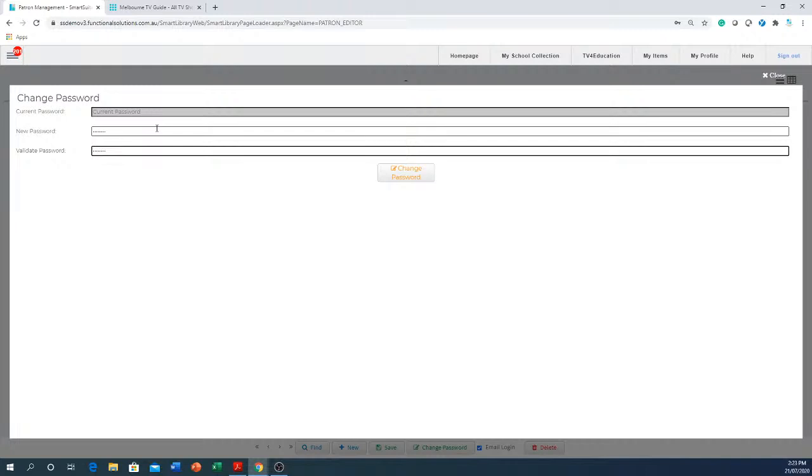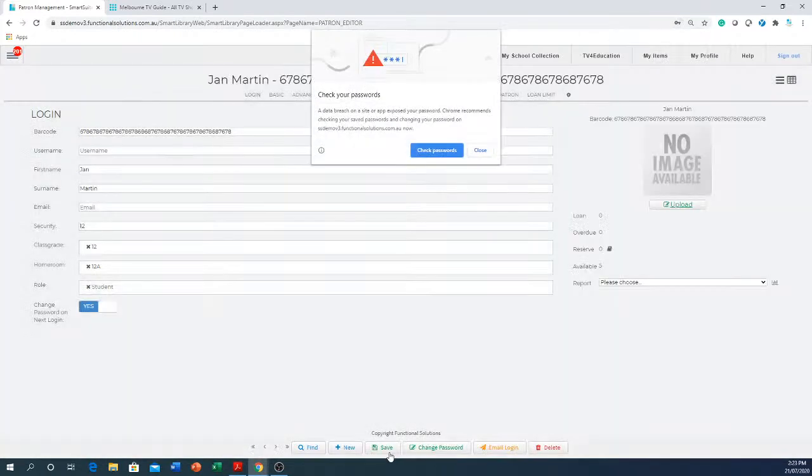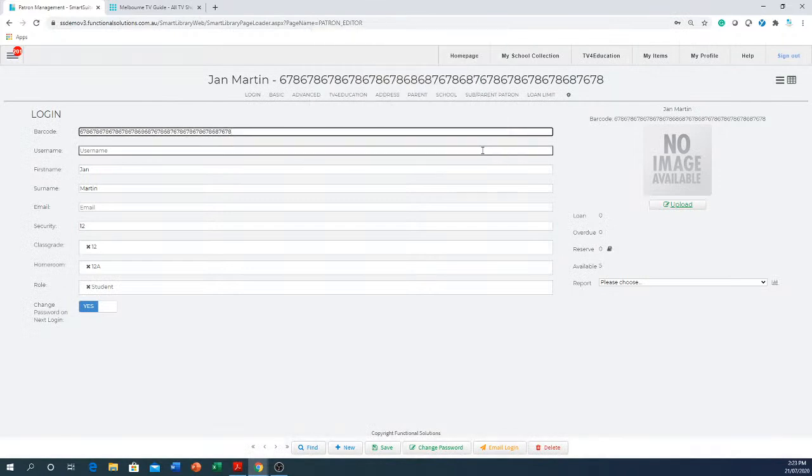Password. So Jan Martin's password, like everybody else's password, is "password." However, I'll force her to change her password when she logs in. That's what that is. And now I'll go save. Okay, now Jan has been created on the system, and if she wants to log in, she has to remember